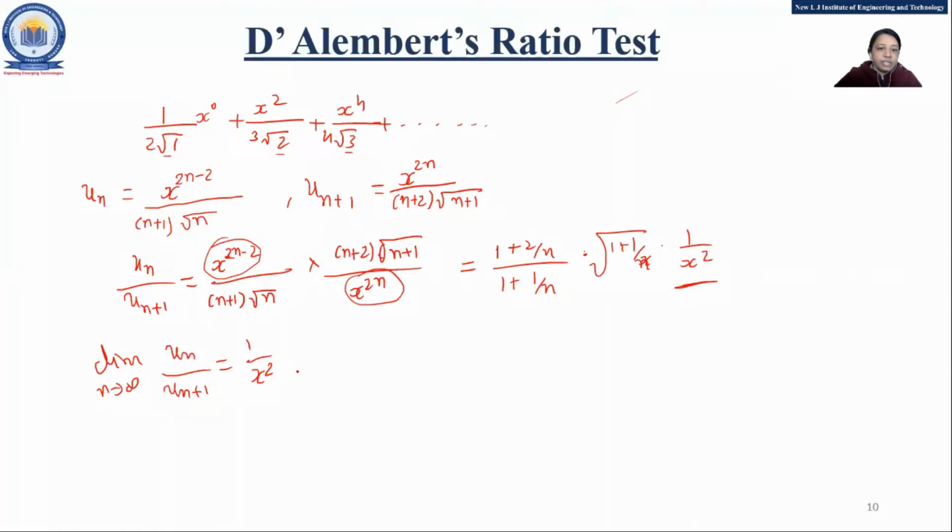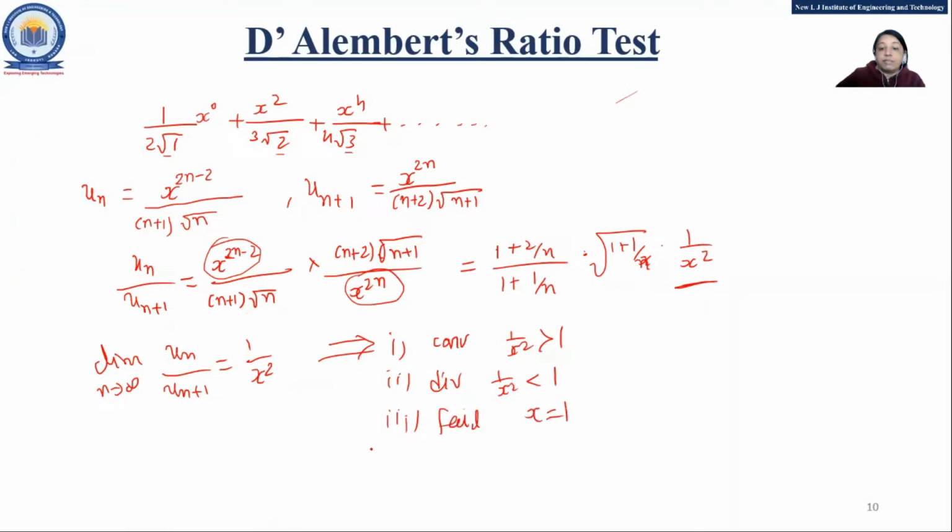So what should be the decision about the series? Either it's convergent or divergent. That depends upon the value of x, right? So again, you can see that it converges if 1 upon x square is greater than 1. Same like the previous one, so we will not go into the detail. x square less than 1. Now when x equal to 1, your test is supposed to fail, right? x equal to 1, so your test fails.